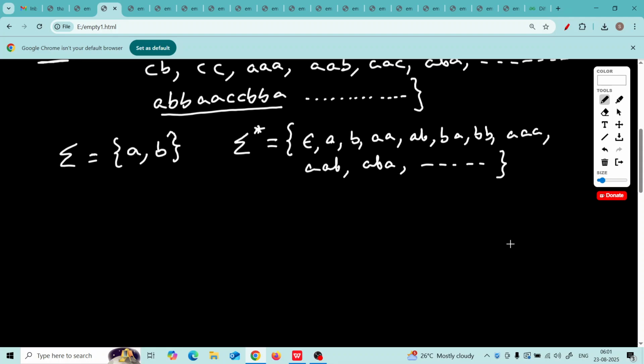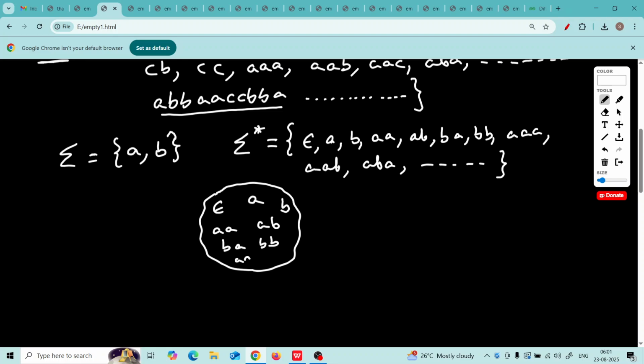You just imagine this sigma star as a big infinite bag. Imagine a big container which contains all these strings: epsilon, A, B, AA, correct? AB, BA, BB, then AAA. It's a big infinite bag, and we are putting a filter here. Imagine the filter that you use while preparing tea. When you pour the tea in the cup, you don't want tea leaves to drop in the cup, so you will use that filter, right?